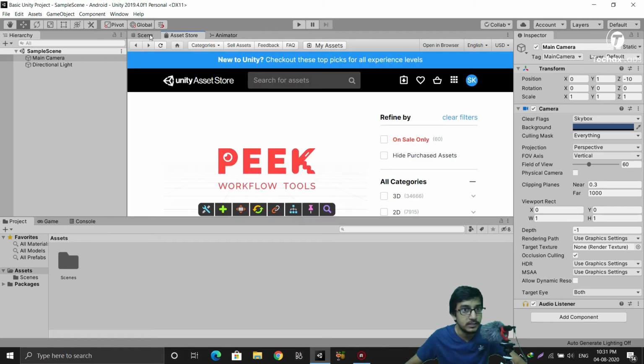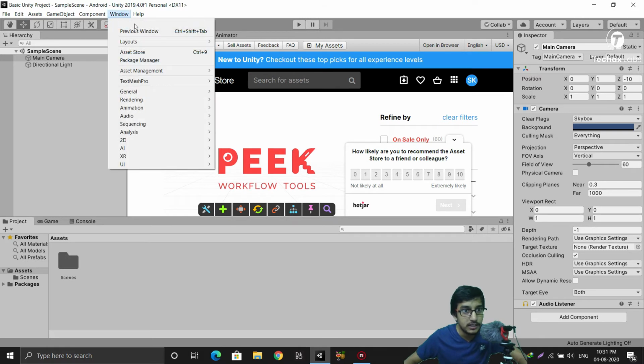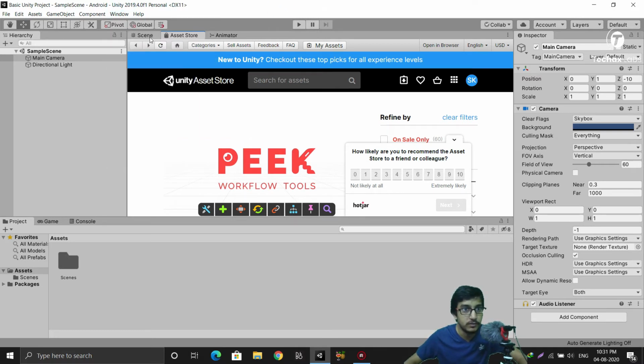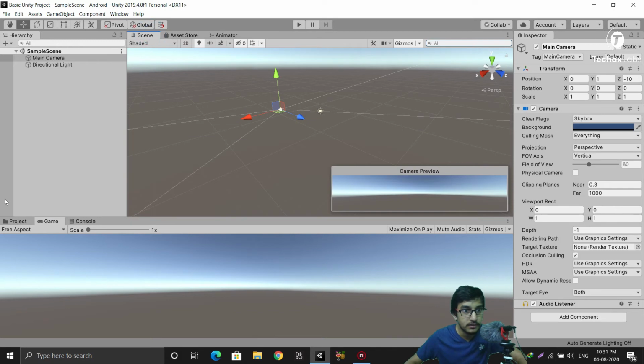So here it is. It will also be revealed if you have any animator in your scene. If you double click on it, this animator window will pop out here, but I have added it manually. Similarly you can add more windows, but currently I will go with scene, asset store, animator, and the game window was also there, but I dragged it to the bottom.